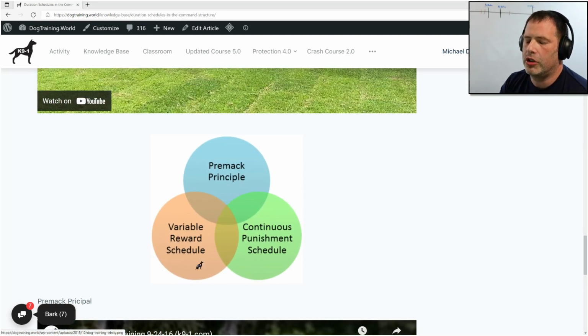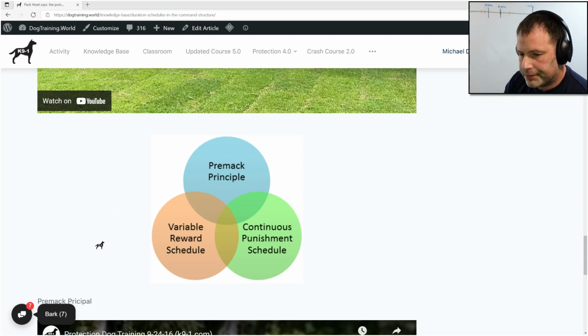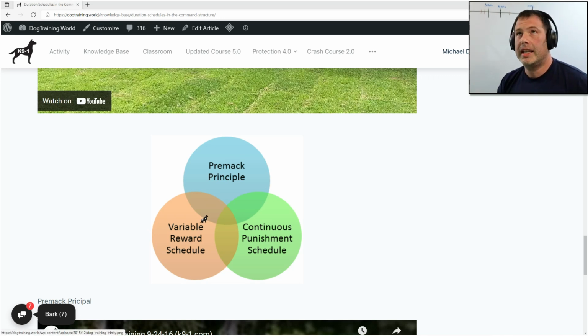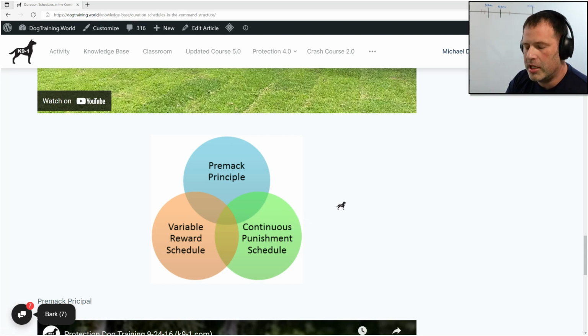All right. This is our dog training trinity. And the best way, I say this all the time, to get good at understanding how to use punishment in dog training is to get really good at learning what you can do with rewards, understanding how to motivate the dog, and understanding how to get the dog to understand that you have their best interest in mind. Then punishment, even though this is a serious thing that you want to learn, becomes minimal, and you're using it mostly for corrections, meaning to show them